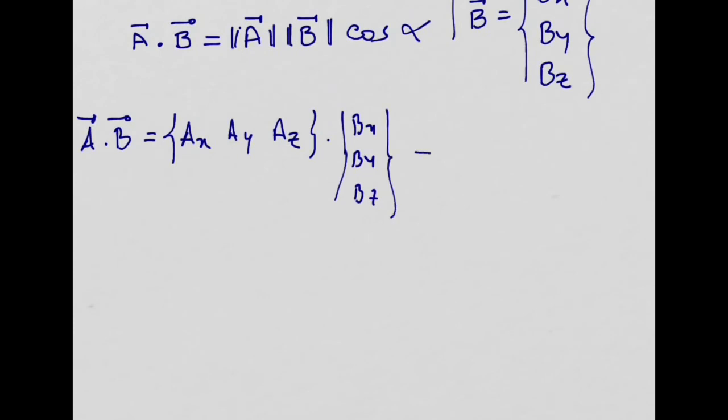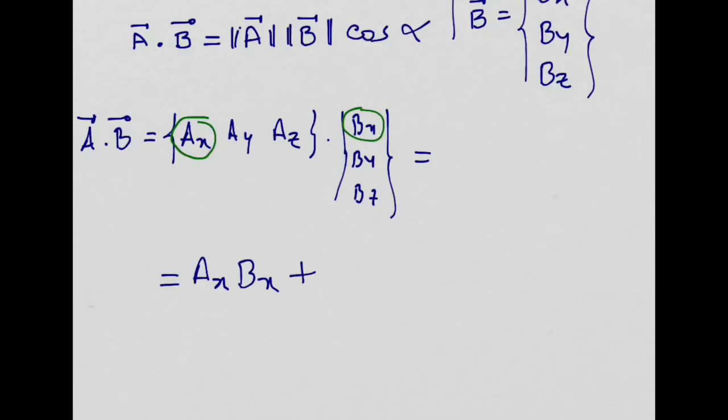Basically, the result is going to be something like this. I need to multiply the first component of my vector A with the first component of my vector B, and the result is AX times BX, plus